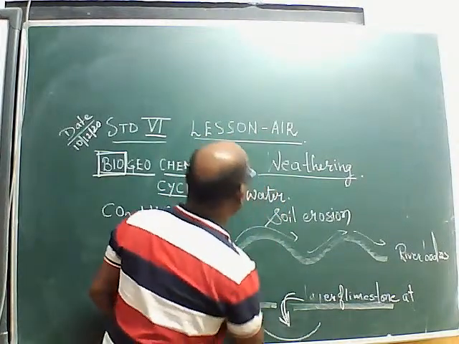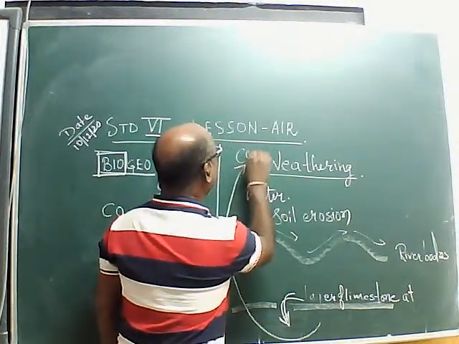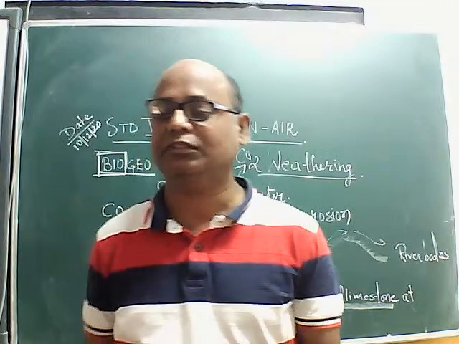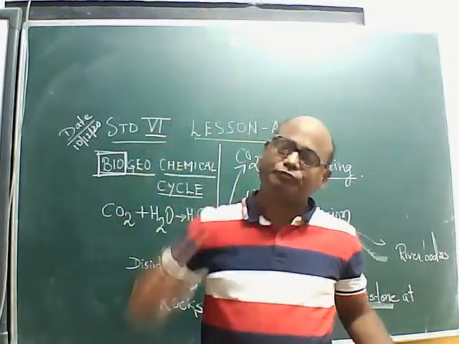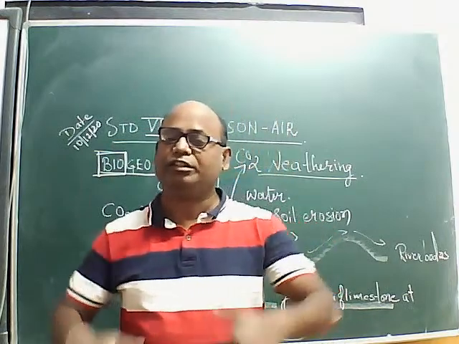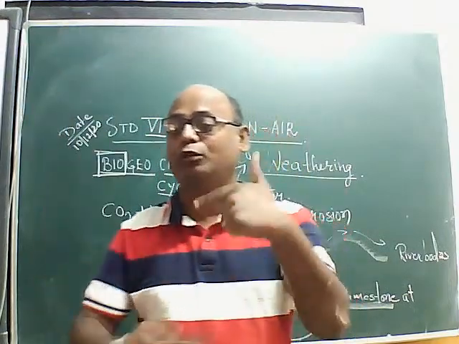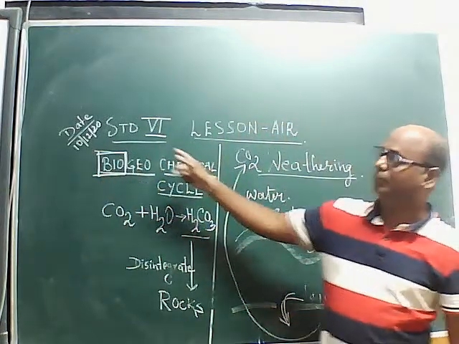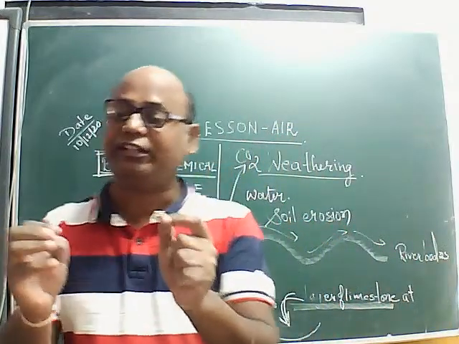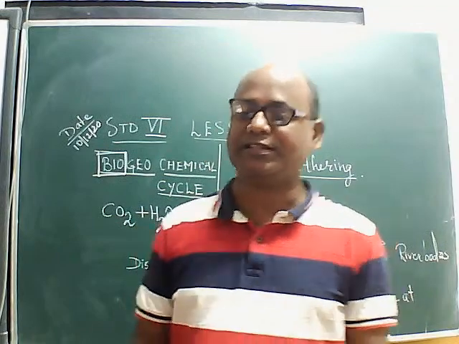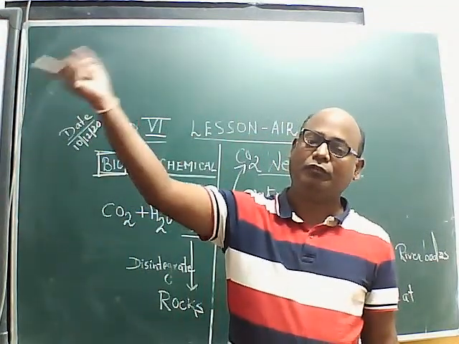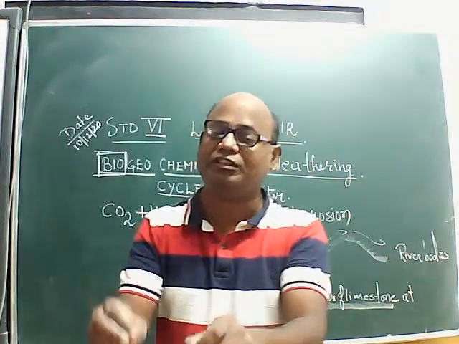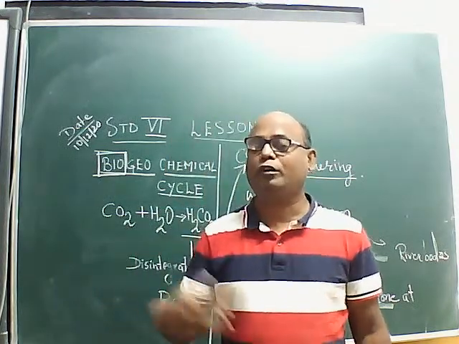And with it, carbon dioxide also gets released along with the lava. Carbon dioxide is also getting outside, it is getting mixed with the air. This is how in the geological world the abiotic component carbon dioxide passes. How does it pass? It reacts with water to form carbonic acid. When this carbonic acid falls on the rocks, they react with the minerals of the rocks, and they form the different